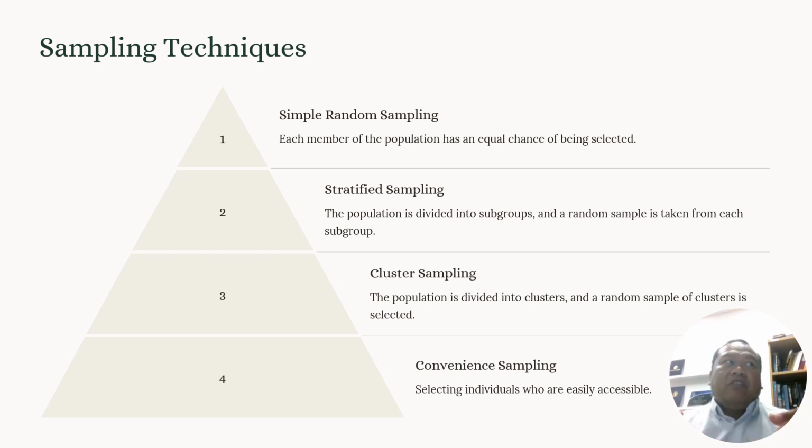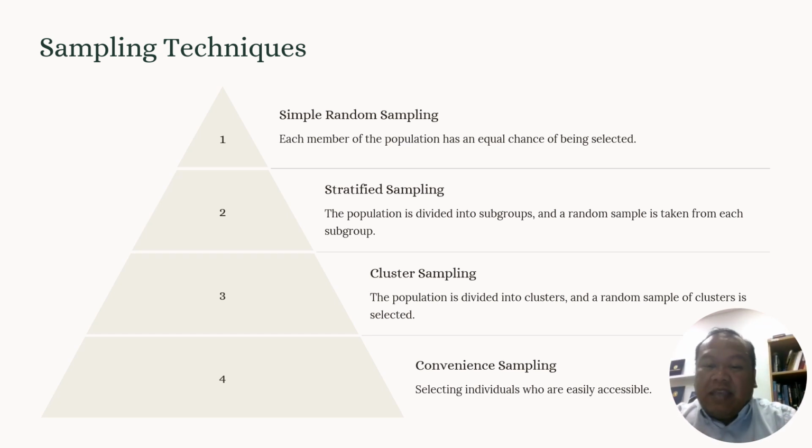Or you can say, I want you to divide yourselves into 3 groups: students who are aged 20 to 30, 31 to 40, 41 to 50. And then I will get 2 from each group. That's stratified sampling. Cluster sampling is when you get them into clusters. So you can say, your clusters are people who can sing, people who can dance, people who can jump, people who can cry and act. And then I will just get the people who can sing and dance. So that's cluster sampling. You get the 2 clusters together. You don't get a portion of each group. You just get the cluster.